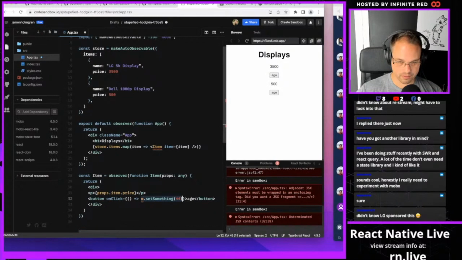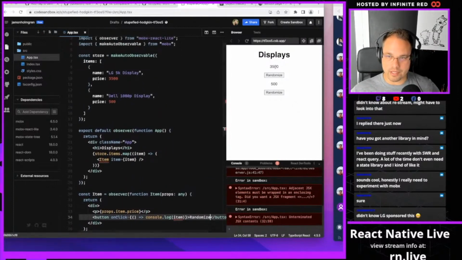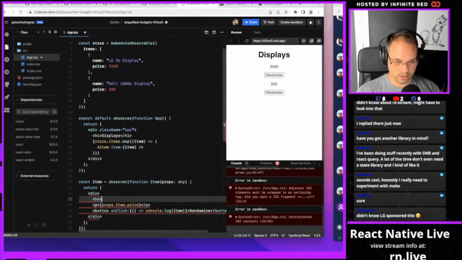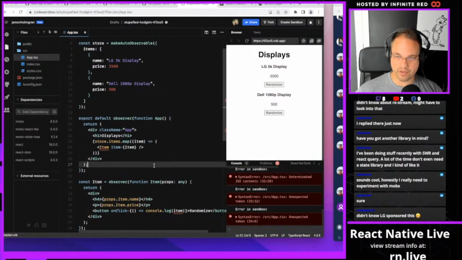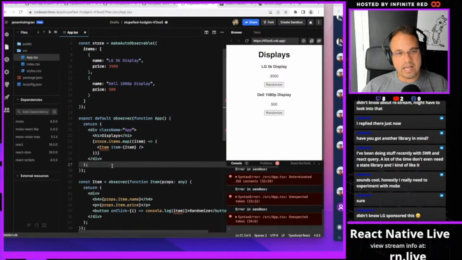Let's go. All right. So, randomize. Okay. So right now you can see that it's working. We have 3,500 with 500. I need to actually add a h4 props.item.name h4. All right. So we've got our LG, we've got our 1080p Dell in there, and they're showing up, but